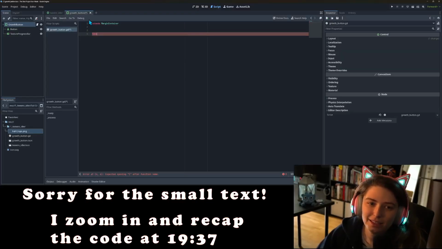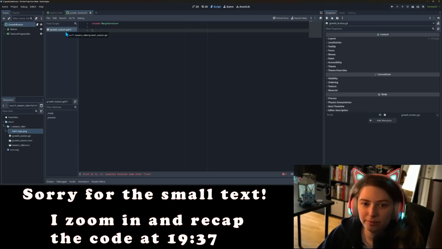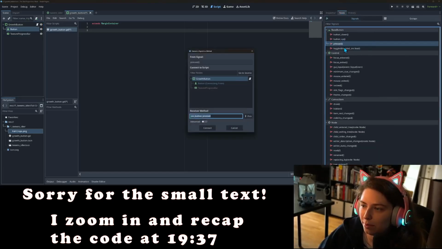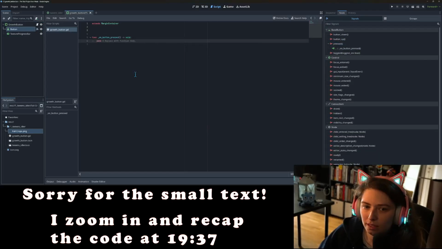Oh, it's on the margin container, not the button. So that's not going to work. That's okay. We'll go to the button. We'll go to node and we'll connect the pressed. There we go. And so what we're going to do is call var tweener is type tween